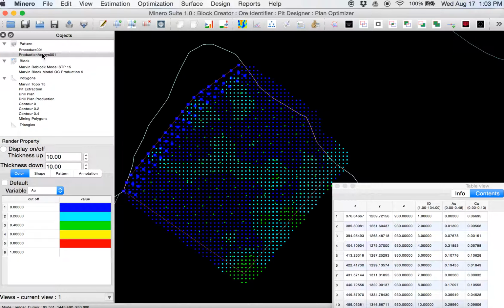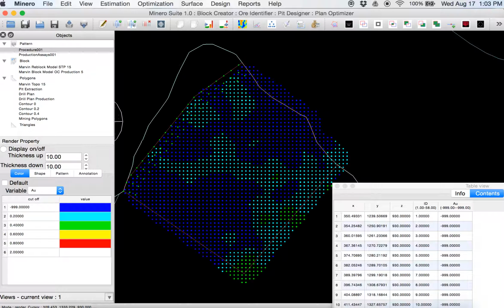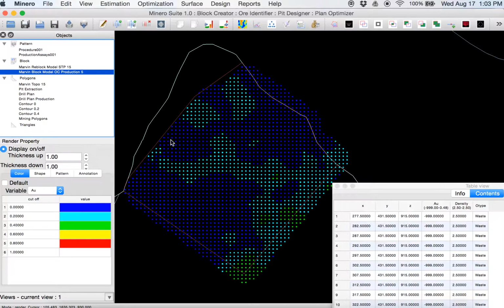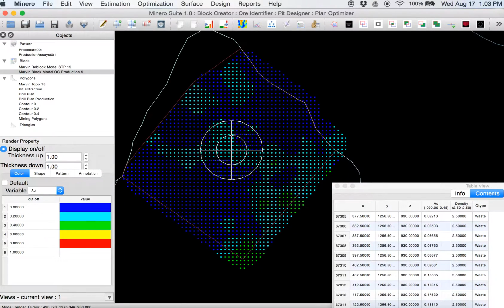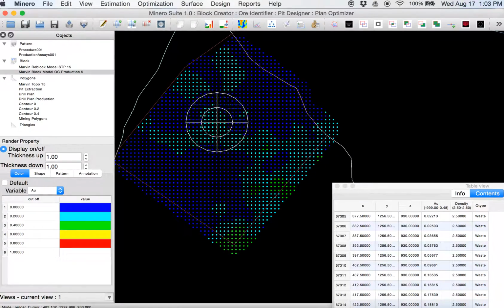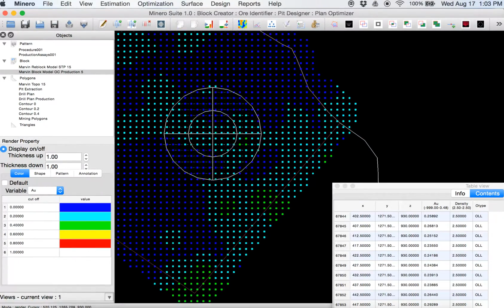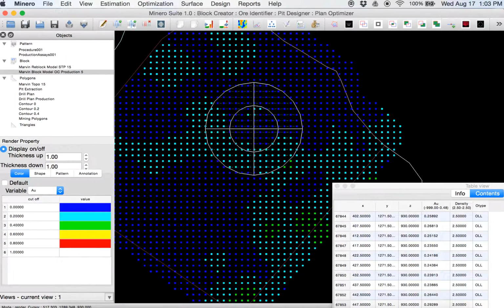Now we have the pattern procedure and production model, in this case data, and we will focus on the block ore control production block model. So this is what we can get using Minero applications.